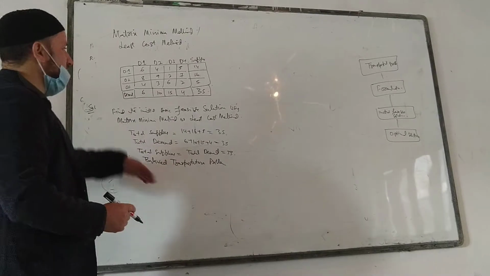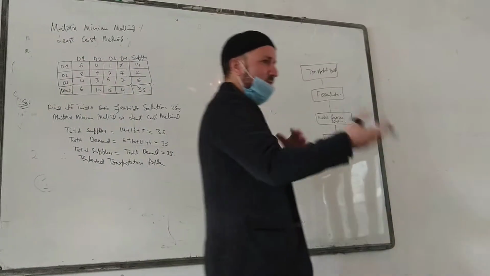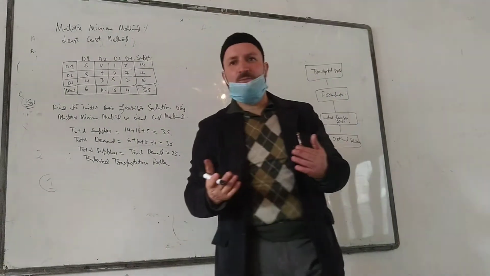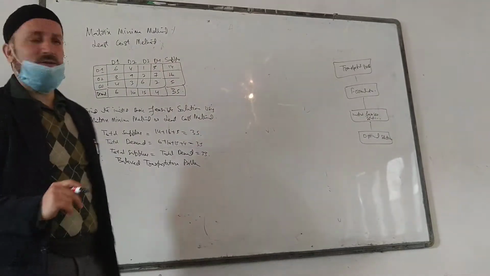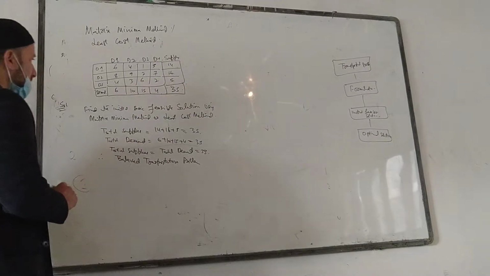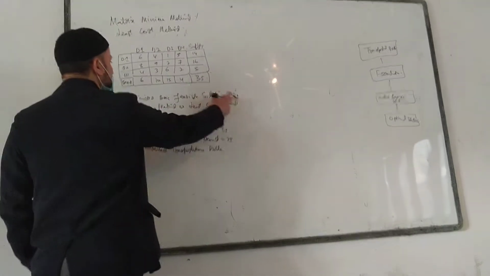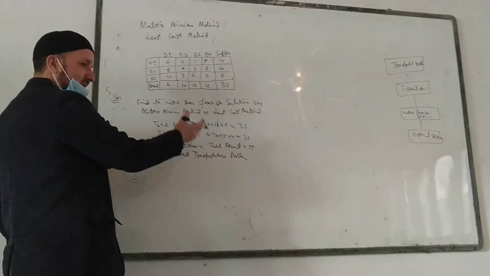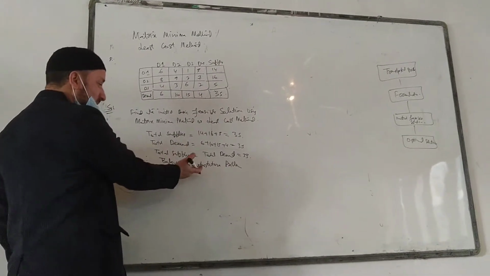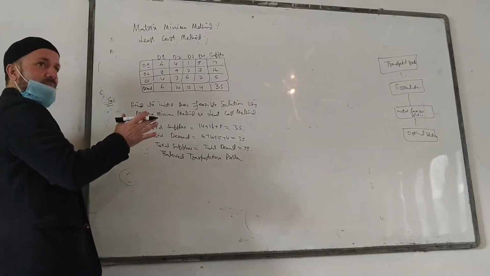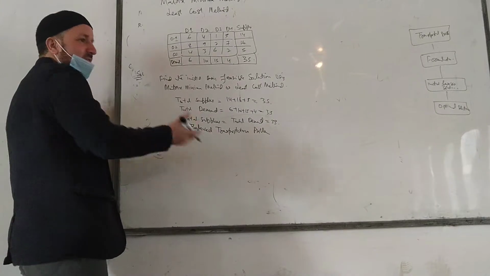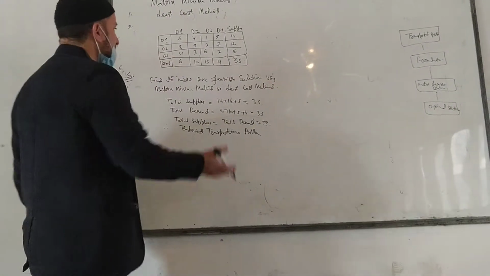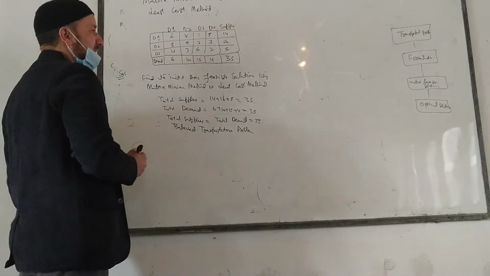So when it is balanced, we don't have to do additional adding. We may do that tomorrow. When the problem is not balanced, we may add a few things to make it balanced. This is the first thing. The second thing is we apply the initial basic feasible solution using the matrix minimum method. Now we are good to go. If it is not balanced, then we have to add one more step before this. Since it is balanced, we don't have to do anything. It is the simplest problem, so we will apply the matrix minimum method here.